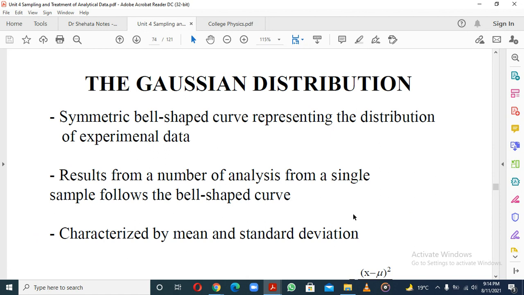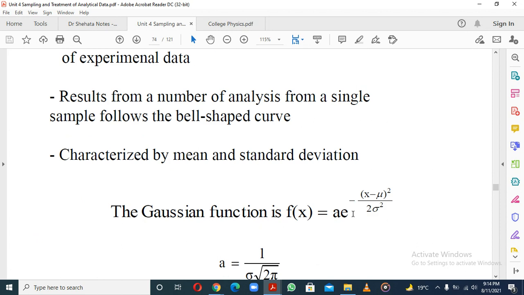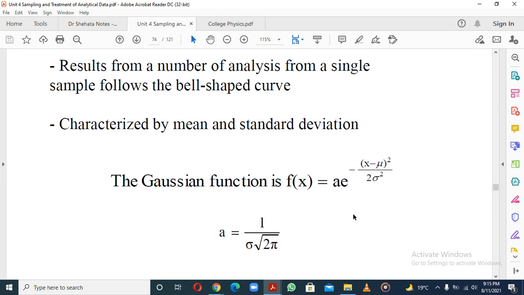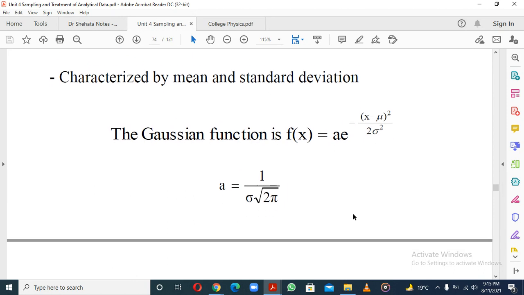So that's just it, and this may look intimidating, but please don't let it intimidate you. I'll explain through it step by step, and you'll be able to understand the context. So results from a number of analyses from a single sample follow the bell-shaped curve. What this simply means is, if you are to do an experiment, and you've done an analysis from a